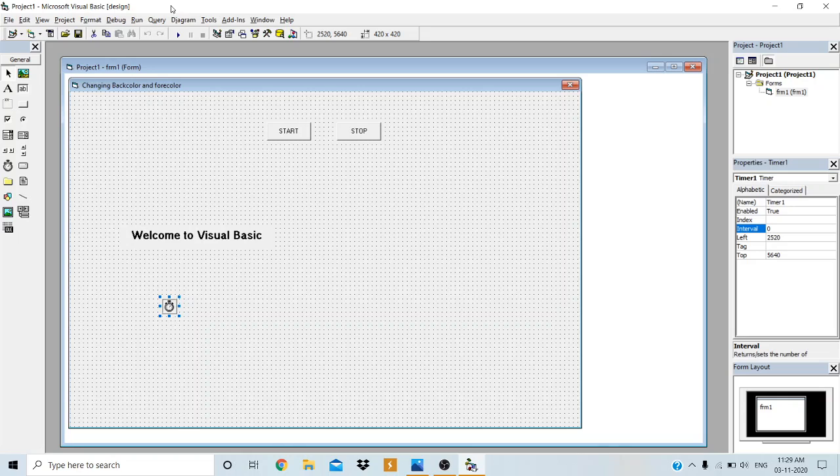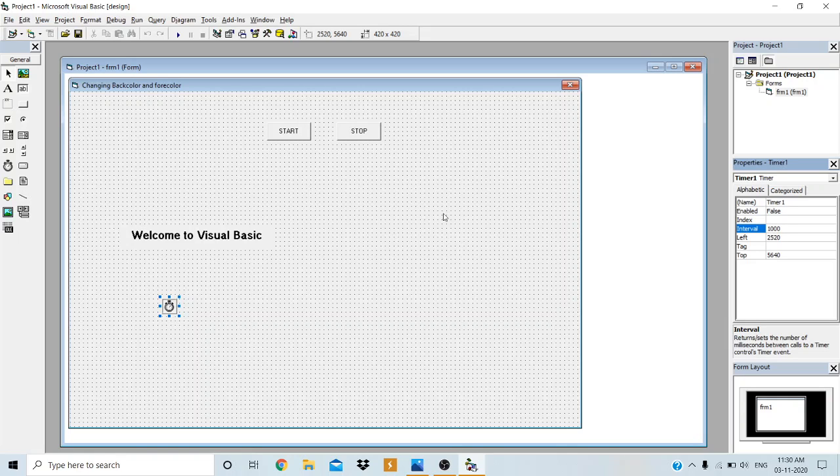So at startup, when you start your application, the timer must initially be disabled. It means that we have to set the enabled property of the timer to false initially, and I will set the interval property of the timer to 1 second, that is equal to 1000 milliseconds. This will be in terms of milliseconds. You can observe the description here. So 1000 milliseconds is equal to 1 second. Fine. Now see, the design phase is over, and we have changed the properties, but we have to set